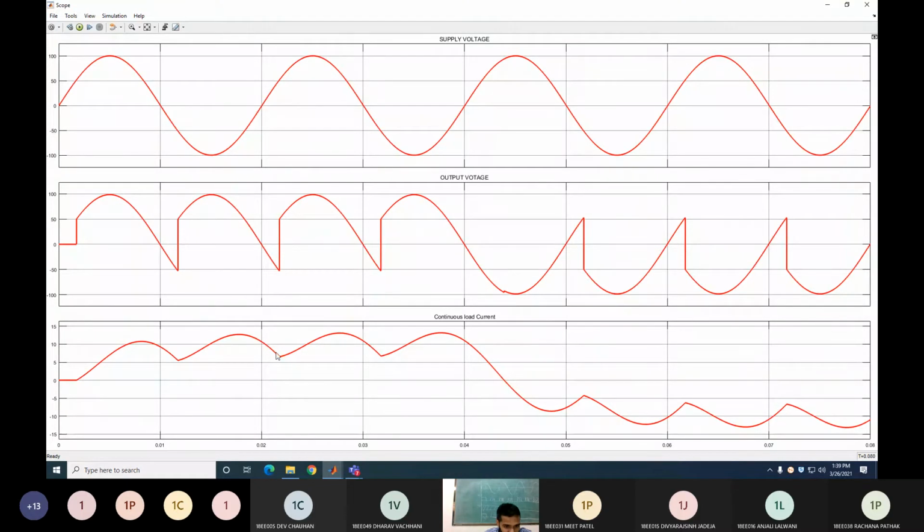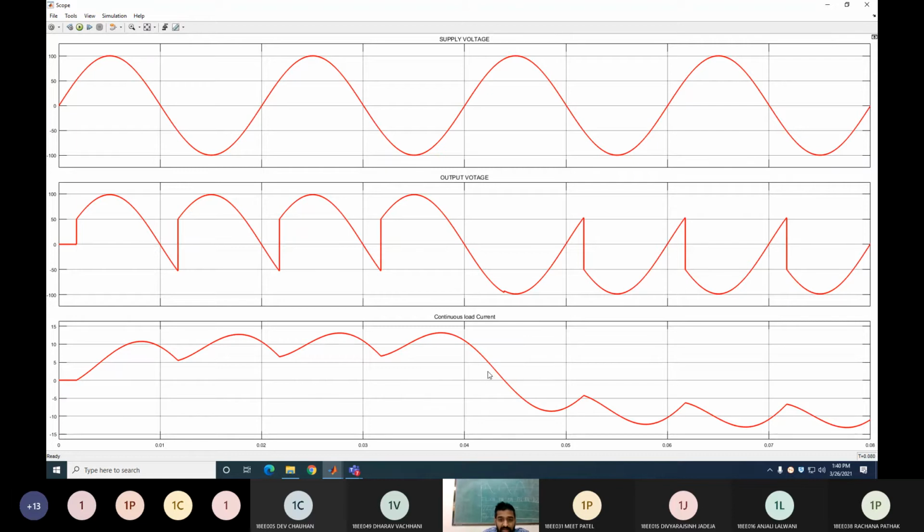Again, your inductor is not completely discharged, and next time P1 P2 is again coming, so the current is continuously increasing from this point. Same thing happens here again. So it means that your load current never becomes 0 in the full half cycle of your output current. Clear? So that's why it is called the continuous mode of load, because here your inductor does not get sufficient time to completely discharge. Before that, the next thyristor is fired, so again it starts charging. The inductor starts charging, so the current gradually increases. It never reaches the zero value.